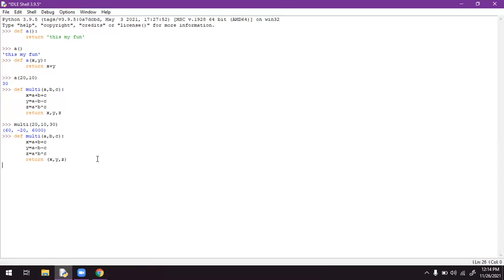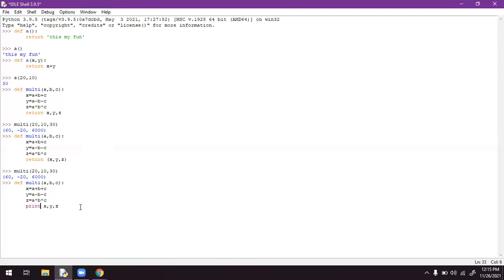Let me show you what will happen. With 20 comma 10 comma 30, if I close this and hit enter, I get the same result. There is no change in the output functionality.